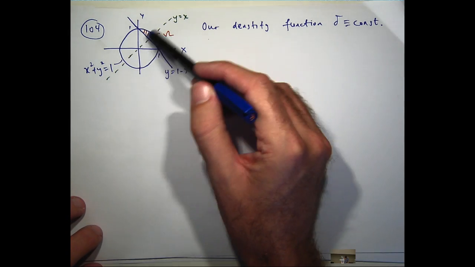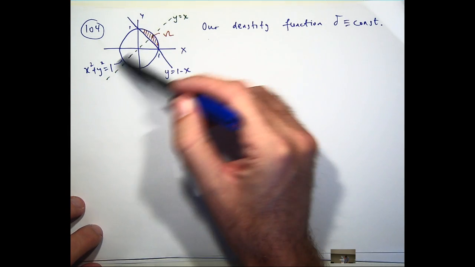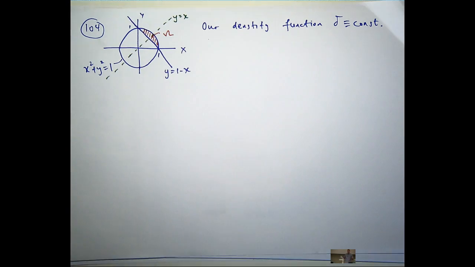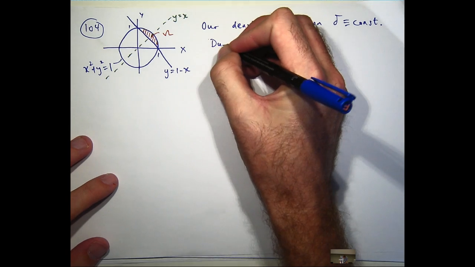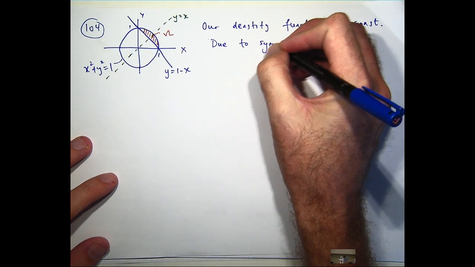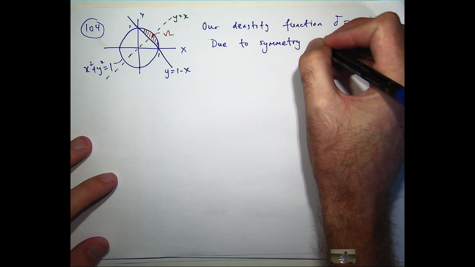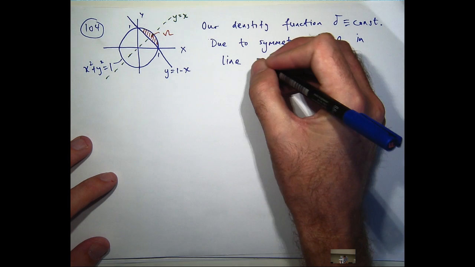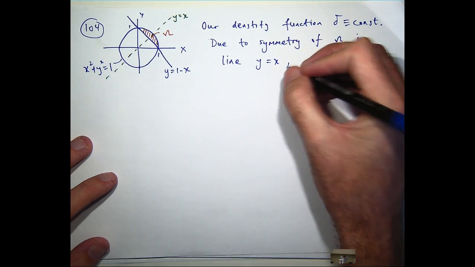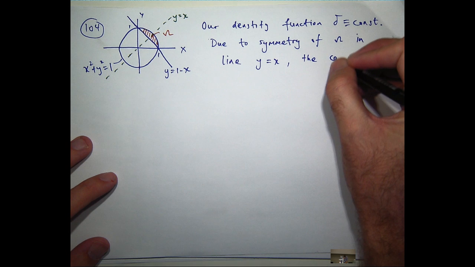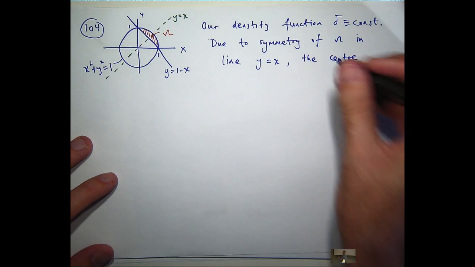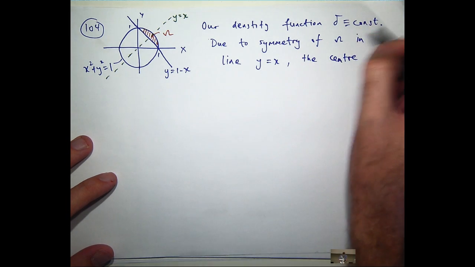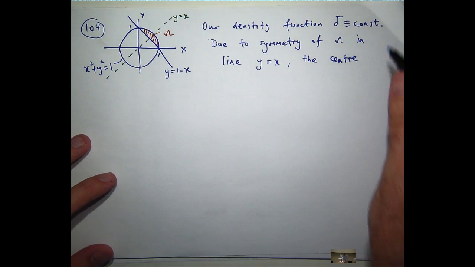Well, it means that the centre of mass of this little sort of plate has to lie on this line. Okay? So due to the symmetry and due to delta being equal to a constant,